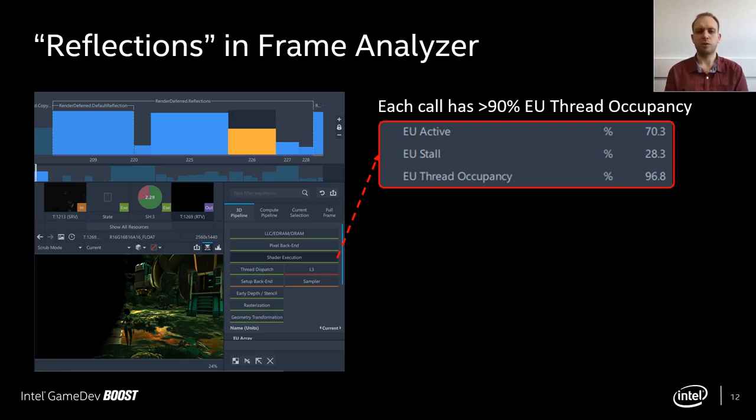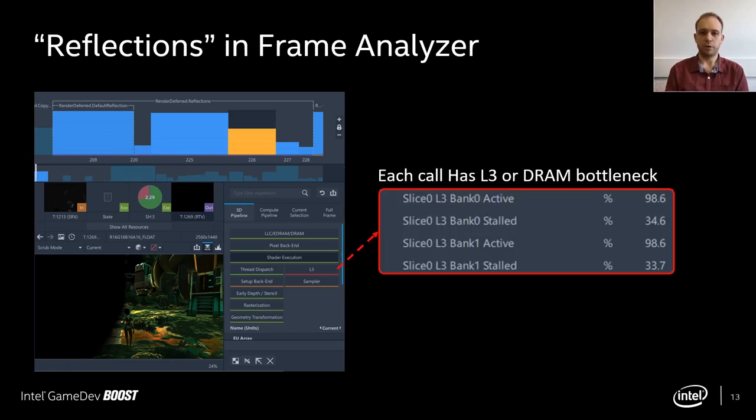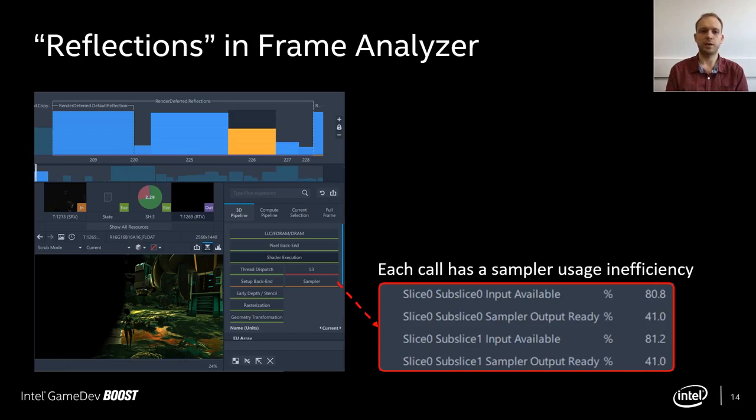The potential problem with this is that every draw call in this render pass is trying to use this hardware resource at the same time, so they're conflicting for this resource. And so you need to just keep this in mind and possibly optimize around this. Each of these draw calls has a bottleneck in L3 or DRAM, and